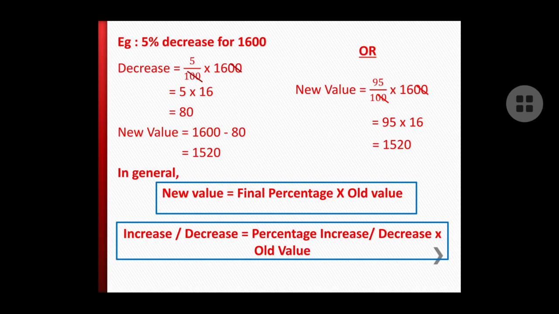First method, you have two steps. First you have to find the increase or decrease, then you have to add or subtract accordingly. Then the second method is what? Directly you are getting the new value. How you are getting, you are comparing it with 100. So when you compare it with 100, that increase or decrease accordingly you have to do it. If it is increase, you have to make it plus 5%. If it is a decrease, you have to make it minus 5%. That is the basic thing. So when you do more examples, you will understand it.